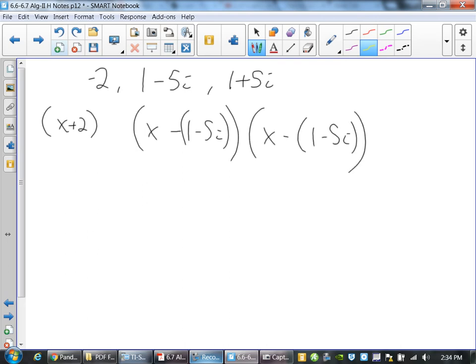I'm just dropping into the idea it's x minus whatever the zero is, x minus whatever the zero is. Distribute out that negative. We're always going to get